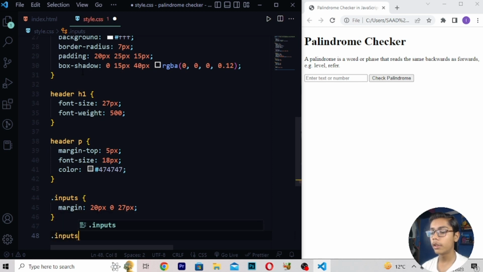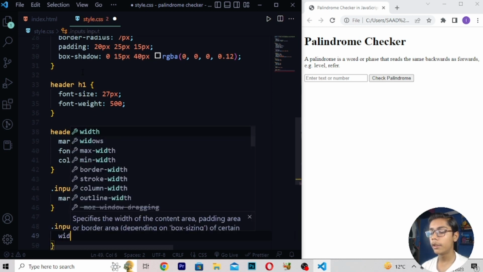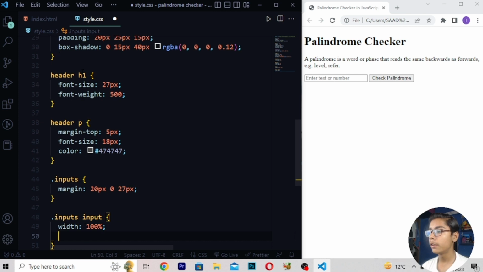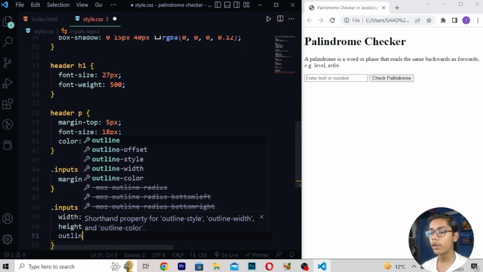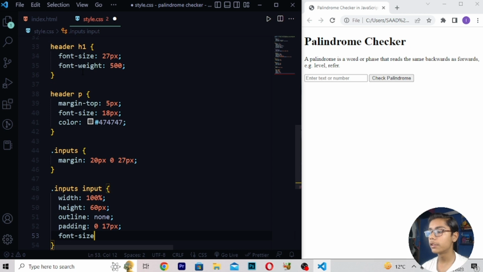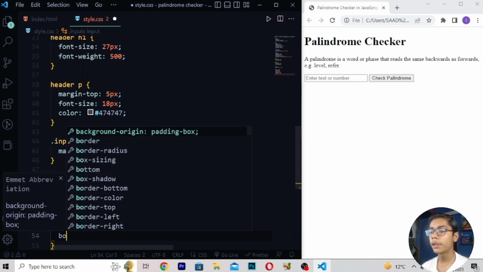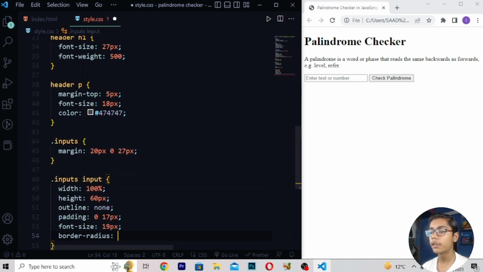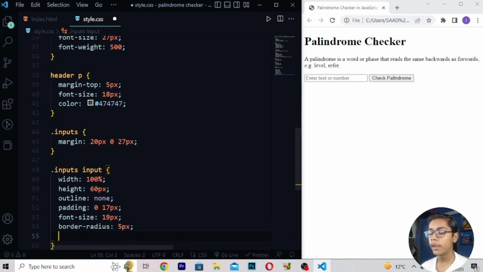Then right here .inputs input, width which should be 100%, then height which should be 60 pixel, outline none, like this, then padding 0 17 pixel, font-size which should be 19 pixel, then border-radius 5 pixel, border which should be 1 pixel solid, then I will be writing here #999 like this.